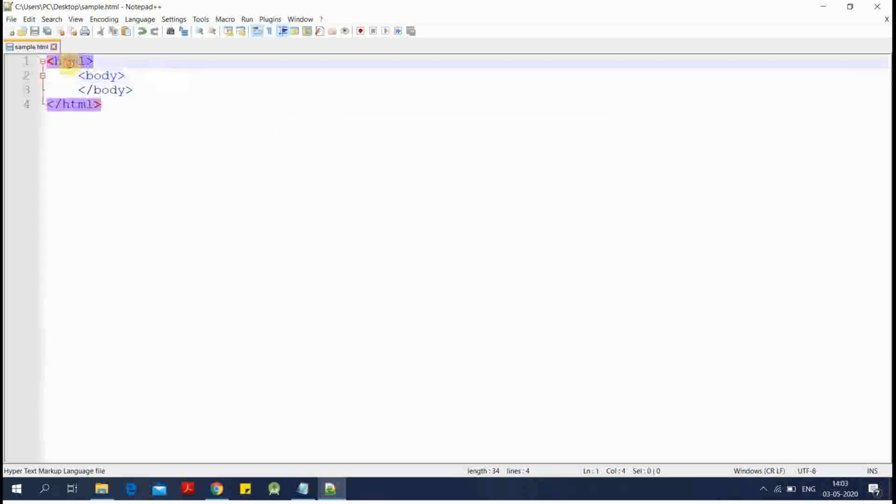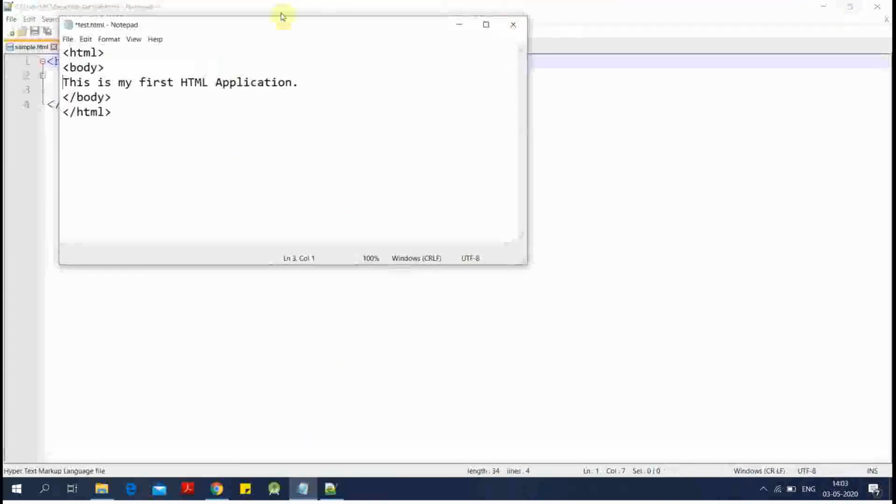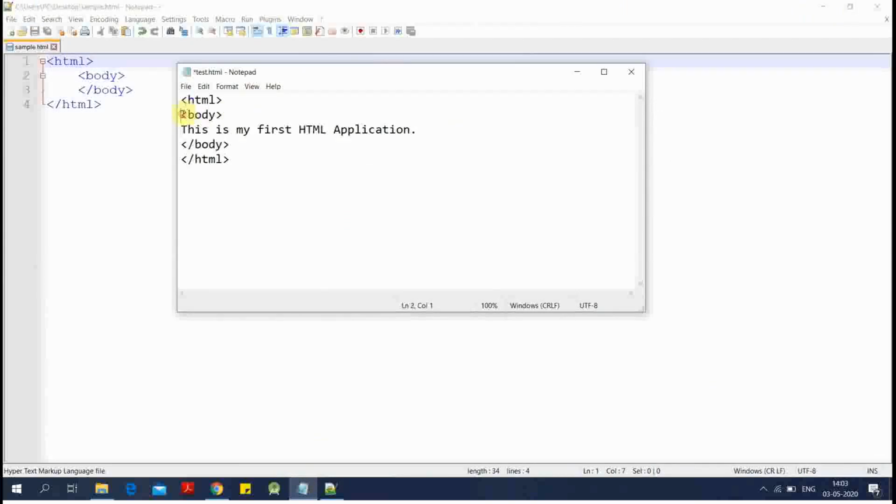File saved. There you can see the difference. The tags start with blue color. When you use Notepad, it won't show any difference. See, when you use Notepad, you cannot see which is the tag and which is the data.